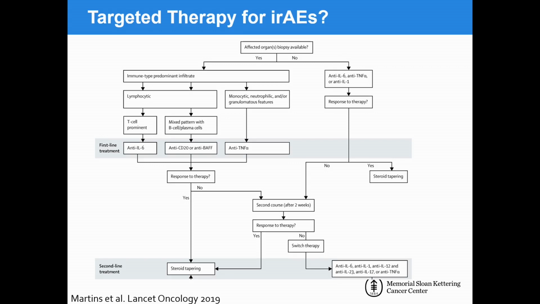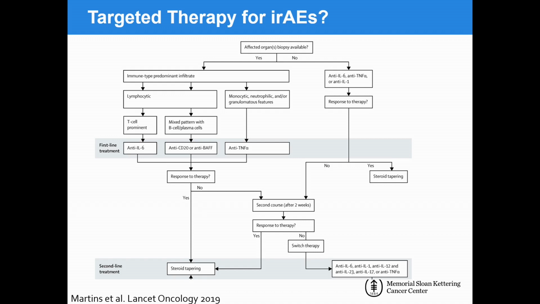The last thing I'll leave you with, looking forward to the future, is can we be more sophisticated and targeted in the drugs and approaches that we're using? So this was an opinion piece that was published in Lancet Oncology earlier this year. But with GI especially, we have such easy access to the target lesions. Can we learn anything about the immunology of the lesion and use that to dictate what therapy we're using?